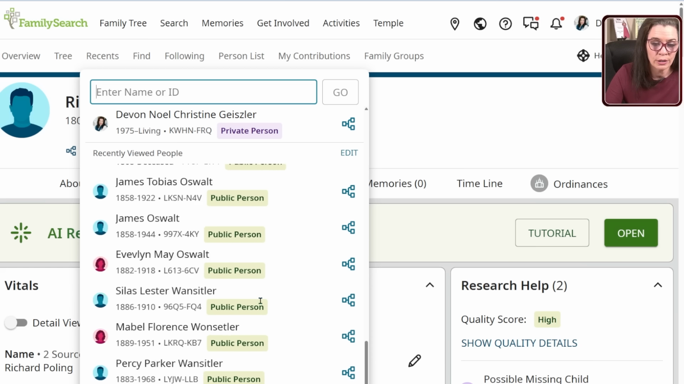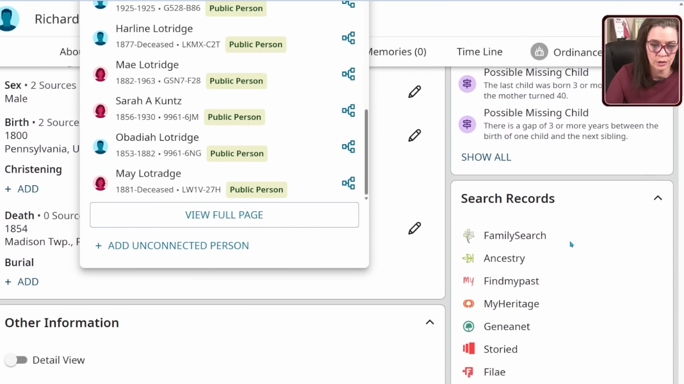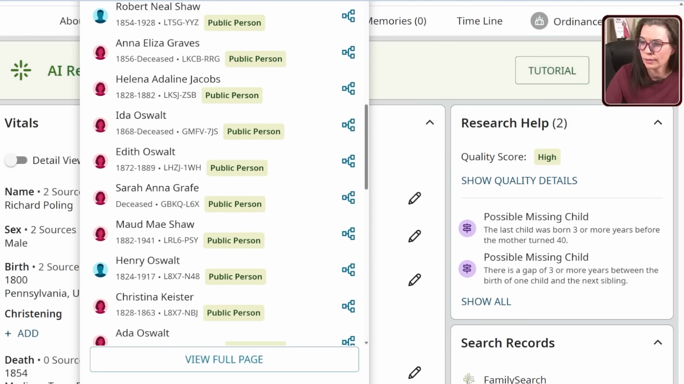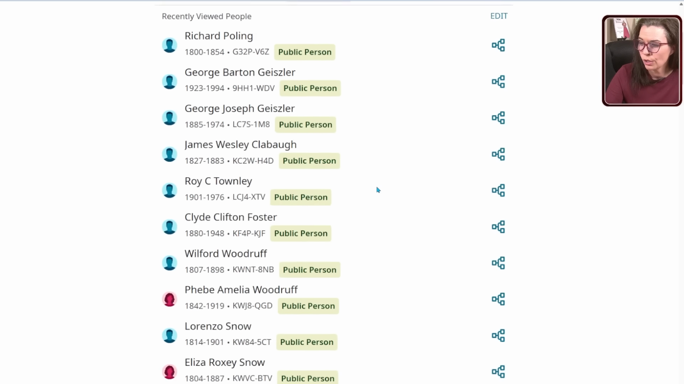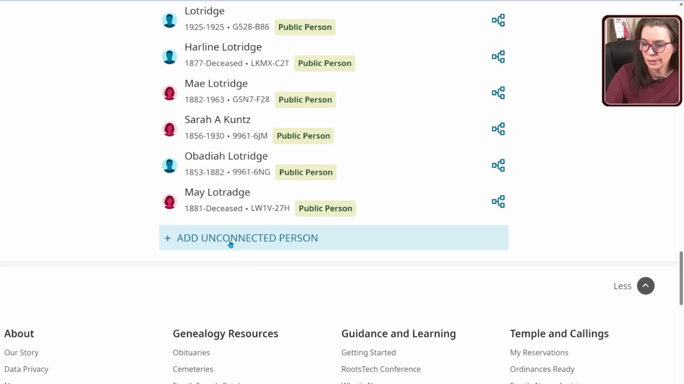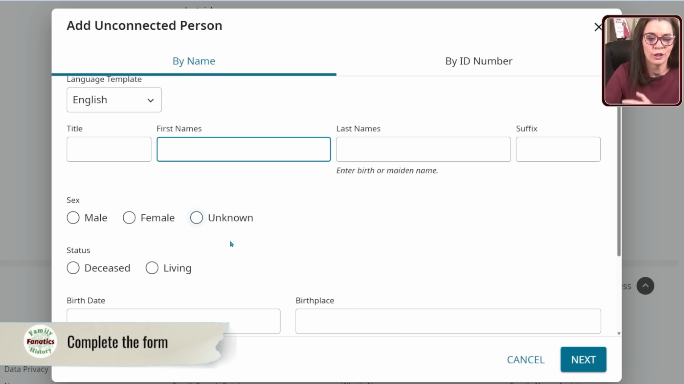page. But you have to scroll and scroll until you get to unconnected person. That's if you're in the menu option. Let's go back to the actual page version. Recently viewed people, scroll all the way down until unconnected person. Either way, what you're looking for is unconnected person. Click on that, and guess what? You fill out the form the same way I showed you